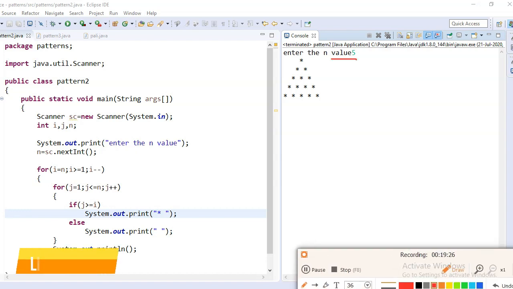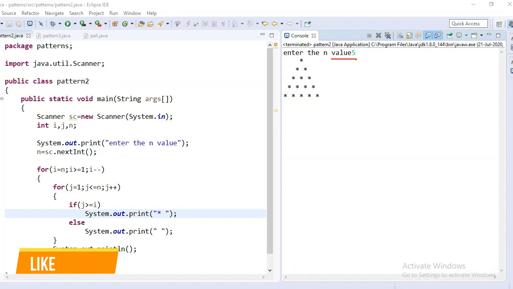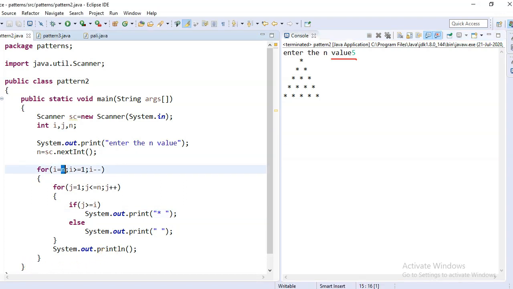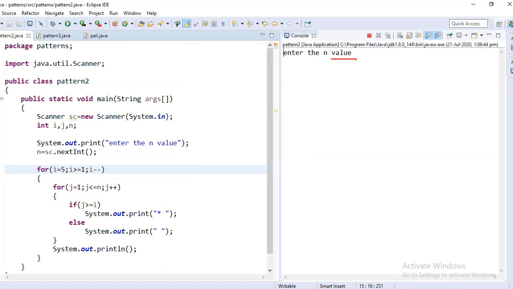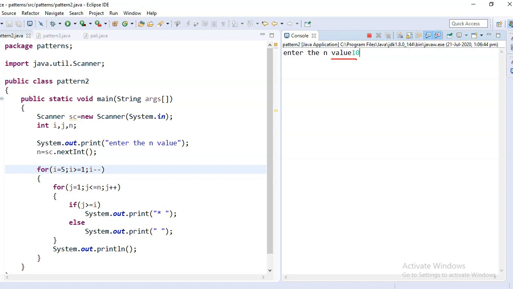If any company gives a pattern and asks to print this pattern, we don't take some value directly in this place. We don't write 5 directly. If I enter 10, it will print 10 rows now.